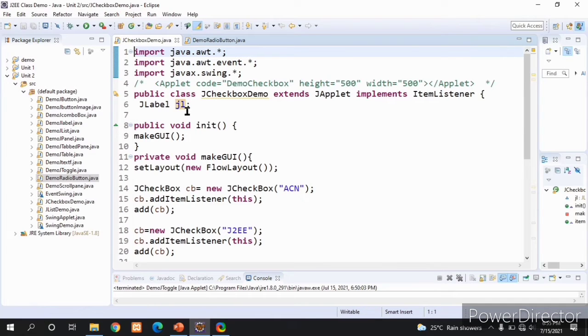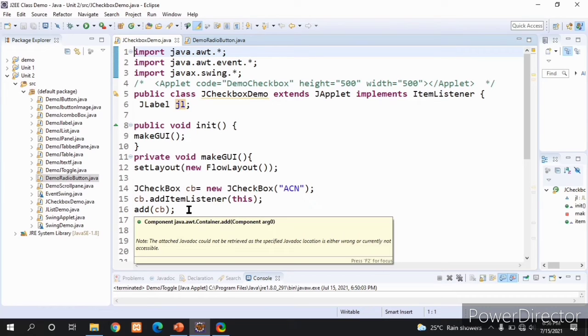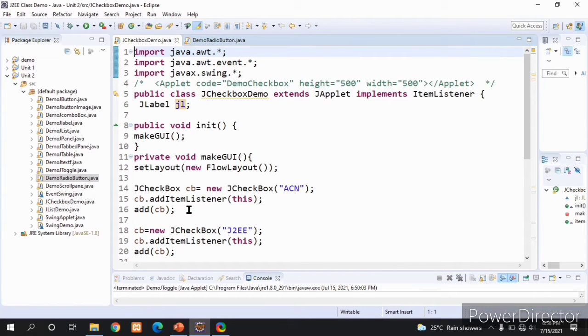I am initializing a JLabel. I am writing an init method. Within that init method I am calling a makeGUI method. In that makeGUI method, first I am setting the layout manager to FlowLayout. Next I am creating one checkbox, that is ACN, and when I click on that checkbox it will create an ItemEvent. So we need to register that checkbox with the ItemListener. Next I am adding that checkbox to the content pane of the applet viewer.